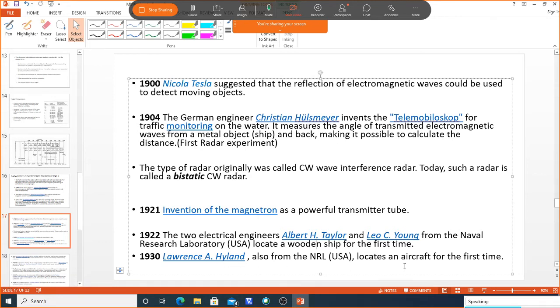Haaland locates the aircraft. So for the first time, wherever it is in the sky, he is detecting that aircraft from the same laboratory, and he is trying to find out the location of the aircraft, as well as the location of the moving aircraft. Okay,